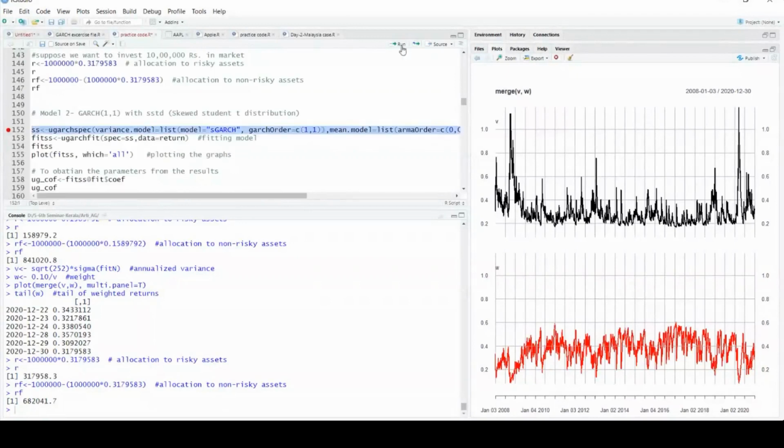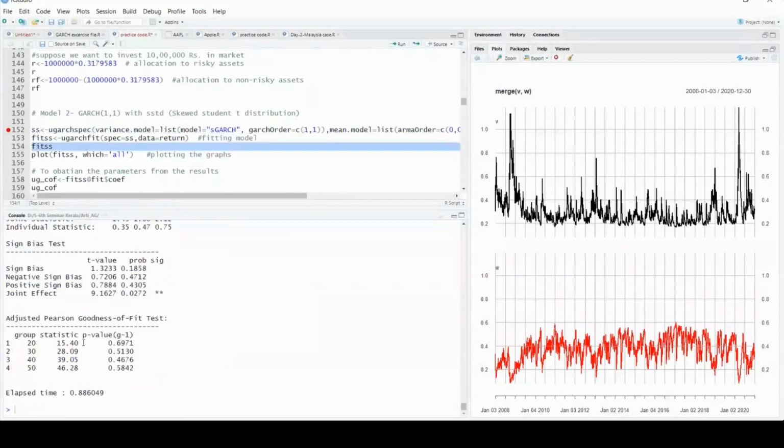Now these are my results. First of all, let us look at the goodness of fit, instead of going to the parameters. Here you can compare with the previous model, where my p-values were less than 5%. Here you can see there is suddenly a jump in the p-values. When I'm using the student t distribution, my p-values have gone up and they are all above 5%, almost 50, 51, 69 for the different groups. So that says that this model is a good fit.